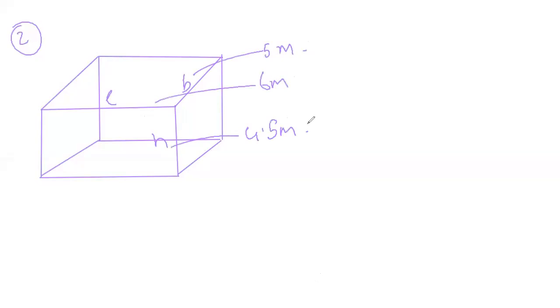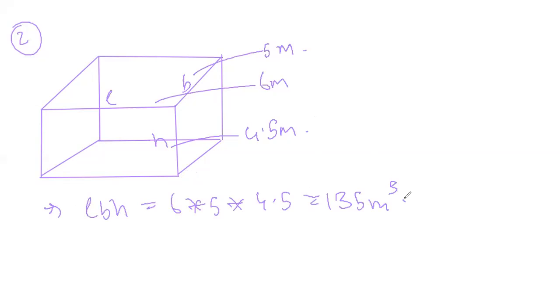Okay. So previously I have said that look for all the common units in the problem. So in this problem, there is a common unit known as meters. So there's no other unit in this question. So we'll go along with the common unit, meters. Now we'll find the volume of the water tank, or the capacity of the water tank, which will be LBH. LBH means L into B into H. We'll substitute the values, and then we'll get 6 into 5 into 4.5, which will be 135 meter cube.